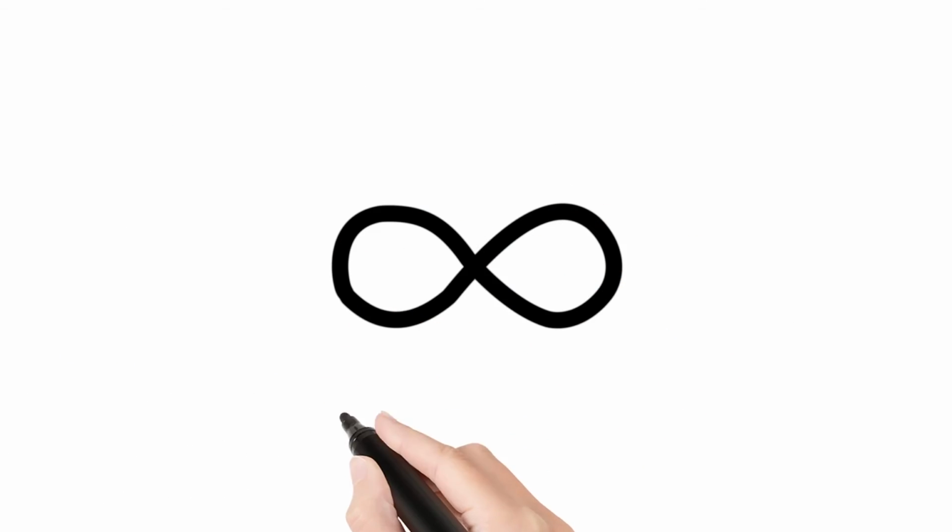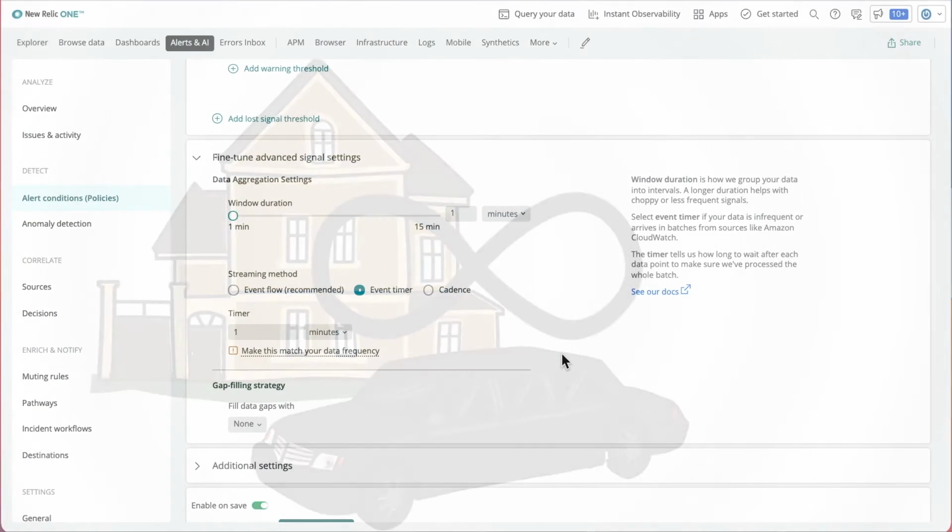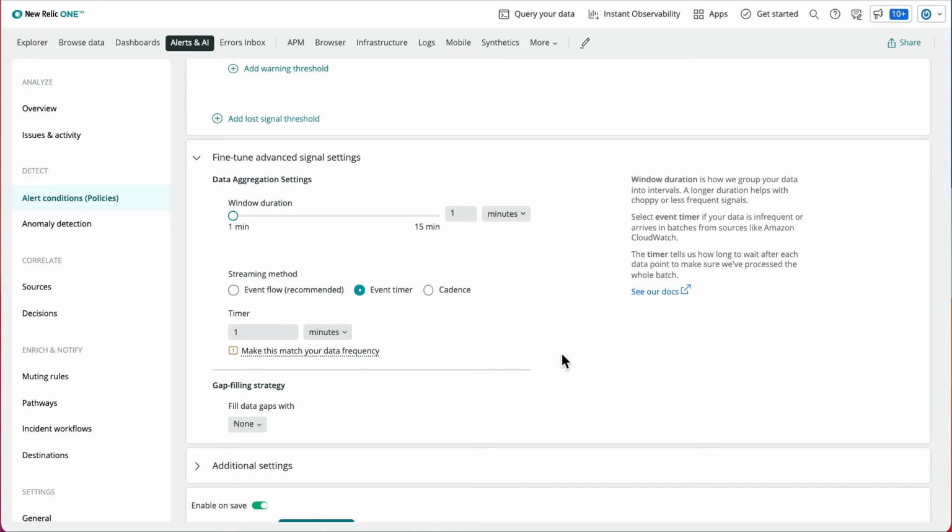It's a weird example, but to put it into theory, you can sit at the pickup spot forever if the first client doesn't show up, and you can also sit there forever if friends keep showing up every 5 minutes. This streaming method is not concerned with the data flowing in, but rather focused on the timer set by you. This streaming method is for customers who don't know when the first data point will show up, or for those who know how frequently their data will show up in a certain time window.